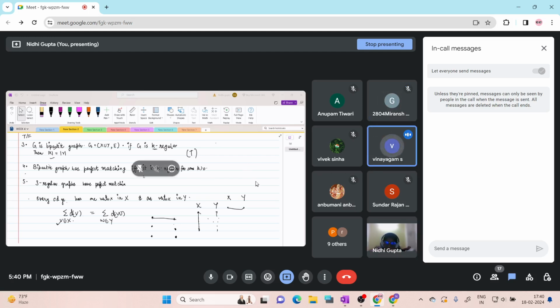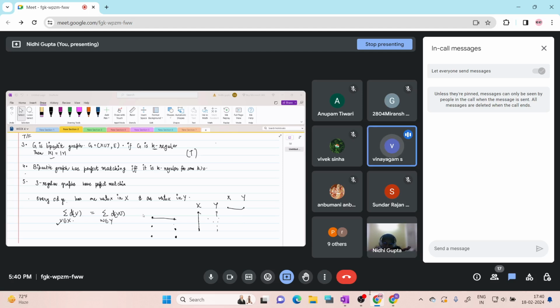Each edge contributes to the degree sum because the edge has one end in one vertex set, V1, and another in V2. So the degree sum is